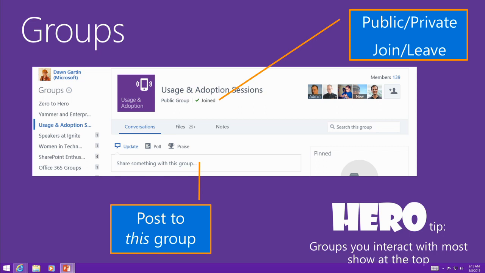Perfect. What about something that might be a private group, something that's just open to the members in that group? What would be a good suggestion you might have for a private group? Managers, so they just want to communicate? Accounting. Did you say accounting? So accounting, depending on the numbers and what they're sharing.